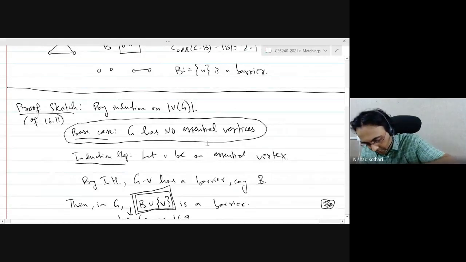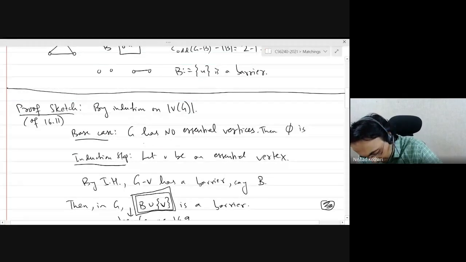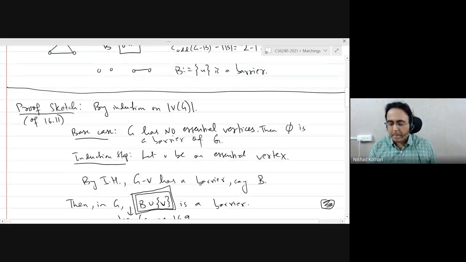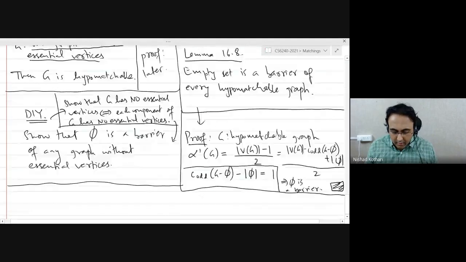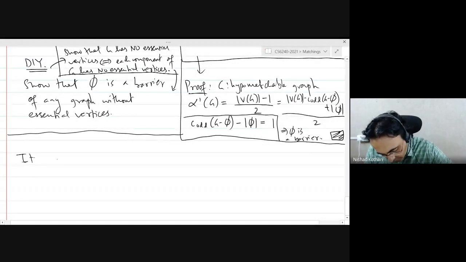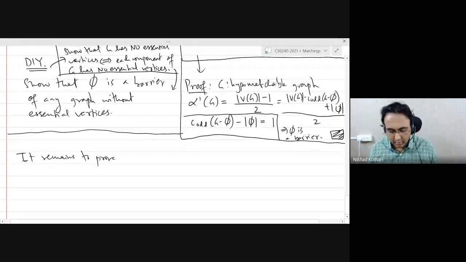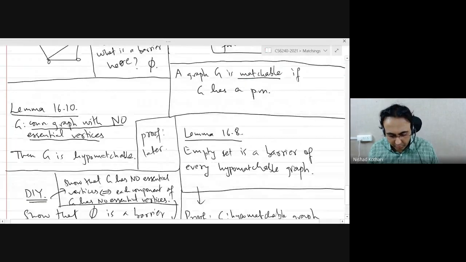So if G has no essential vertices, then the empty set is a barrier of G. Right? So it remains to prove lemma 16.10.